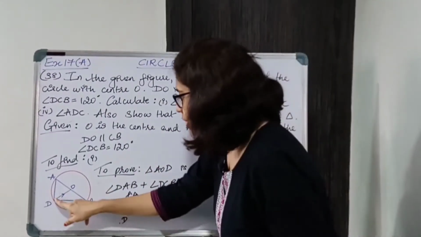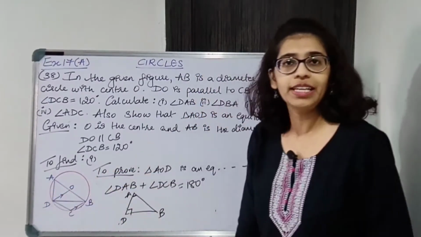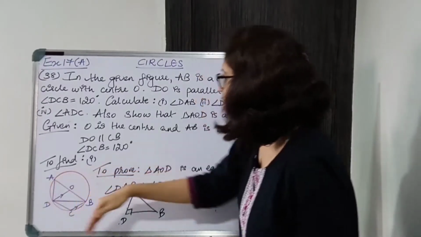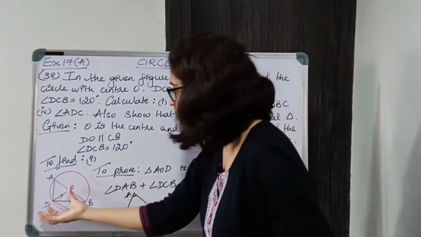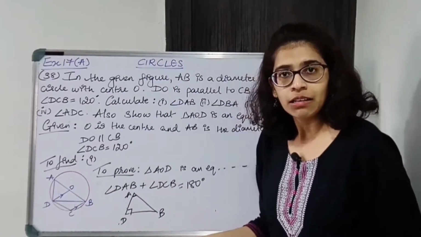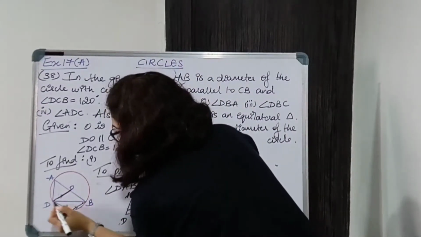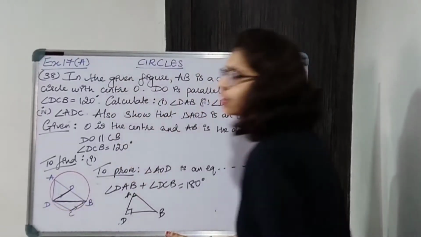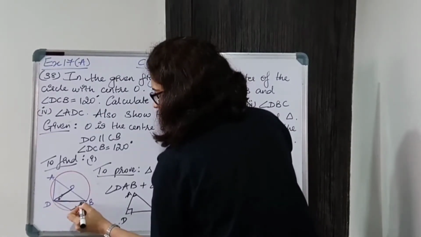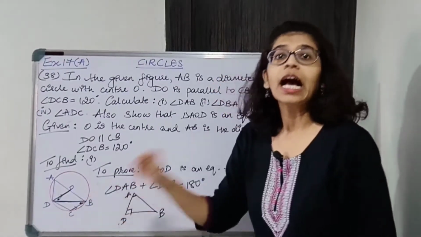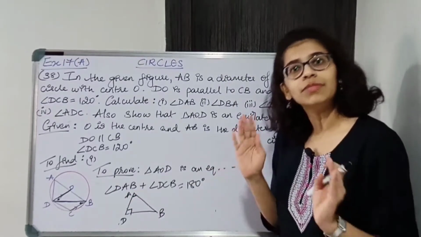For the third one it is DBC. Now notice carefully, in DBC, what is BC? It is a parallel side with OD. Okay, so OD and BC are parallel, DO and CB. Okay, over here we are given. So whether you say DO CB or OD BC, it does not matter. DO and CB are parallel and there is a transversal DB. That means these two are alternate angles. This angle and this angle. I need to find DBC. I can find DBC if I can find ODB. Can I find ODB? Yes.